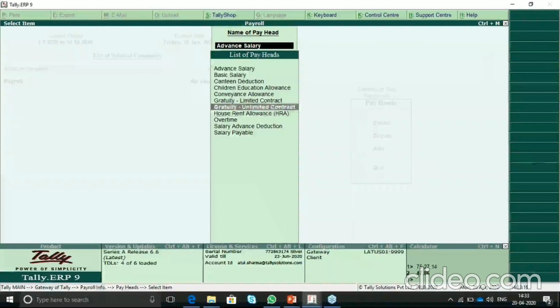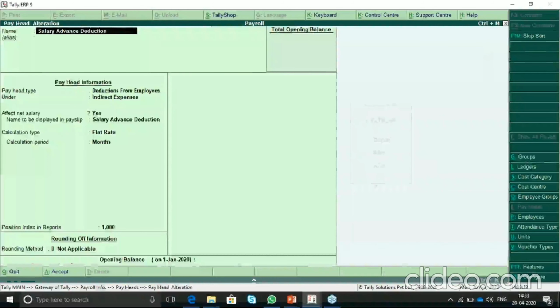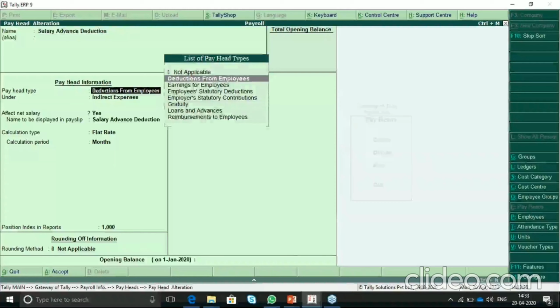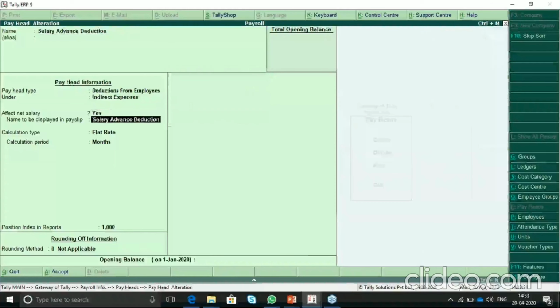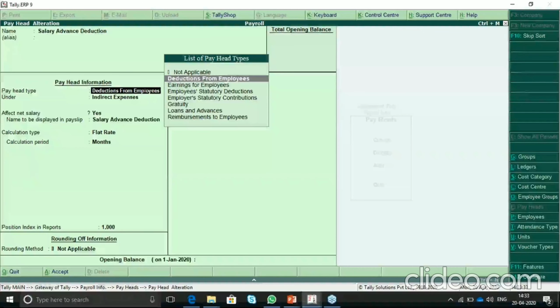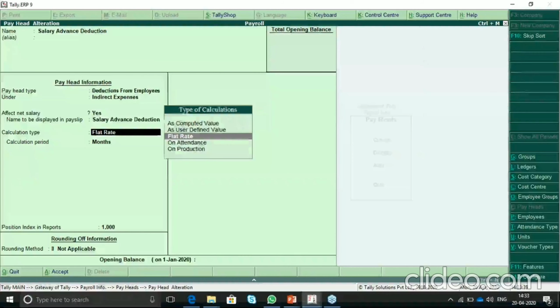Here you can see the salary advance deduction. I have given the name, which is deduction from employee. Here I have taken the pay head type, which is deduction from employee, and it is on flat rate, which I can define when I define the salary.